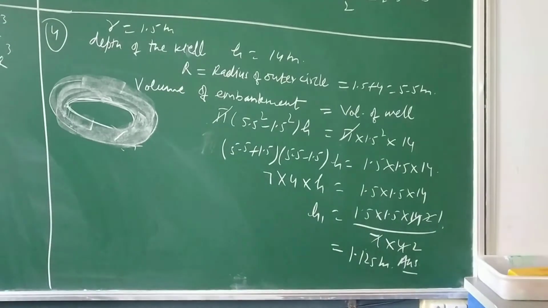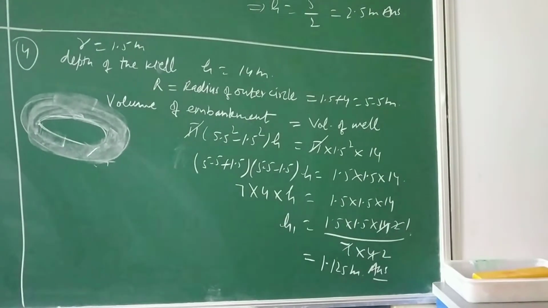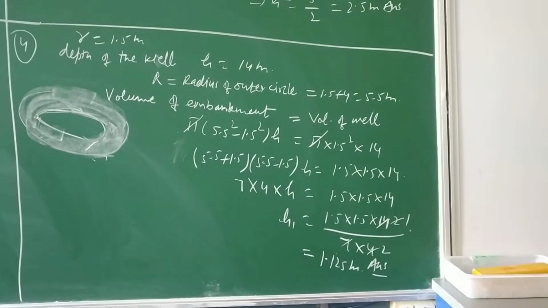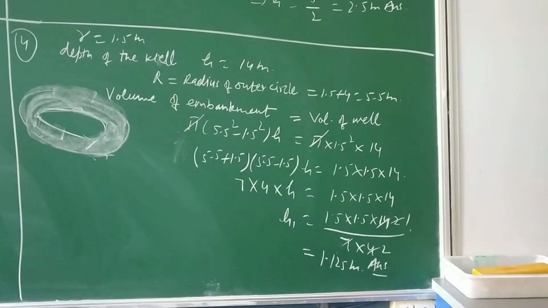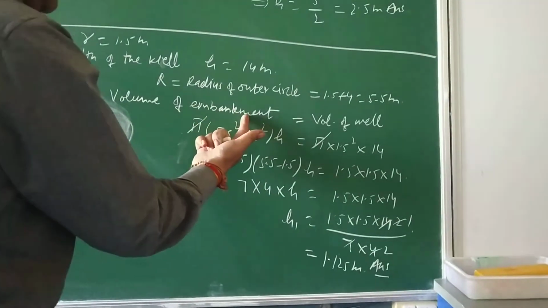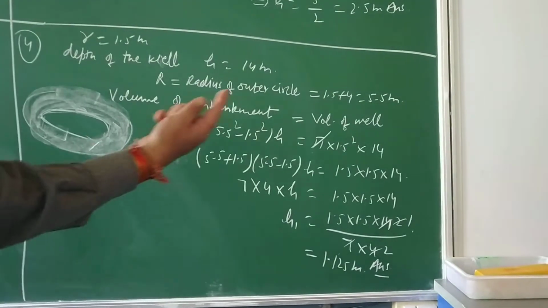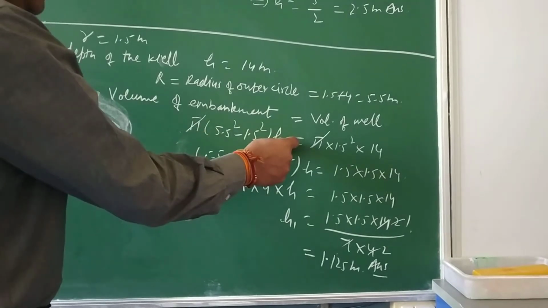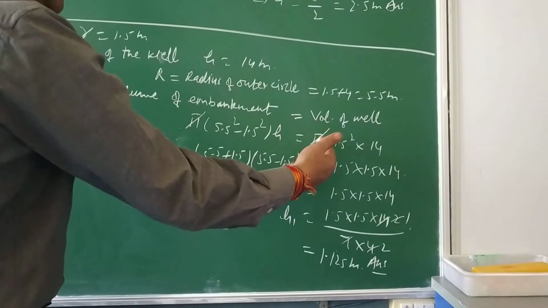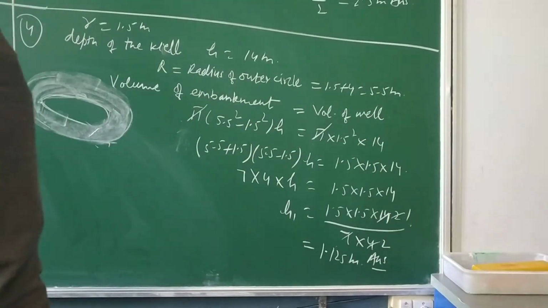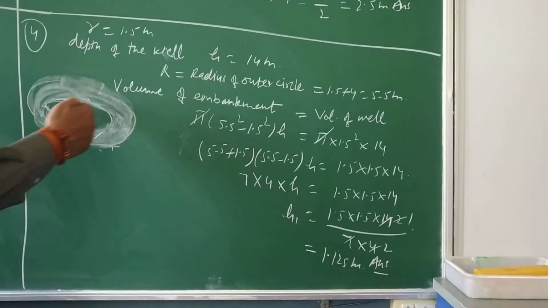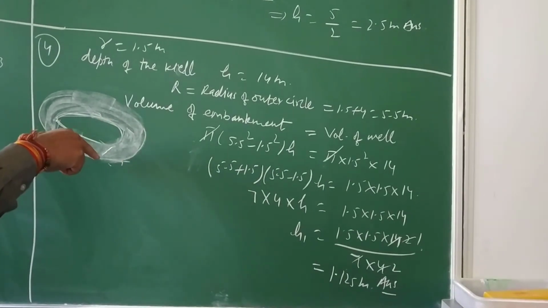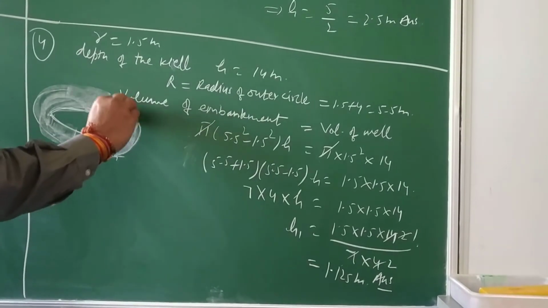So you need to find the height of the embankment. So very clearly, volume of the embankment is equal to volume of the well. You need to compare, again, that is the area into height of the embankment, or well again is your pi r square h, that is cylindrical in shape. Area of this ring into height of this well will give you the volume of earth taken out, because ring shape is there at the top.